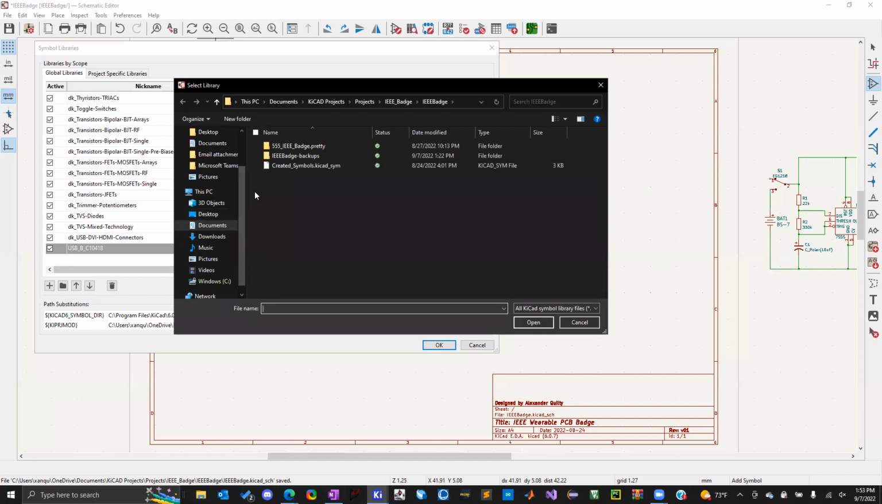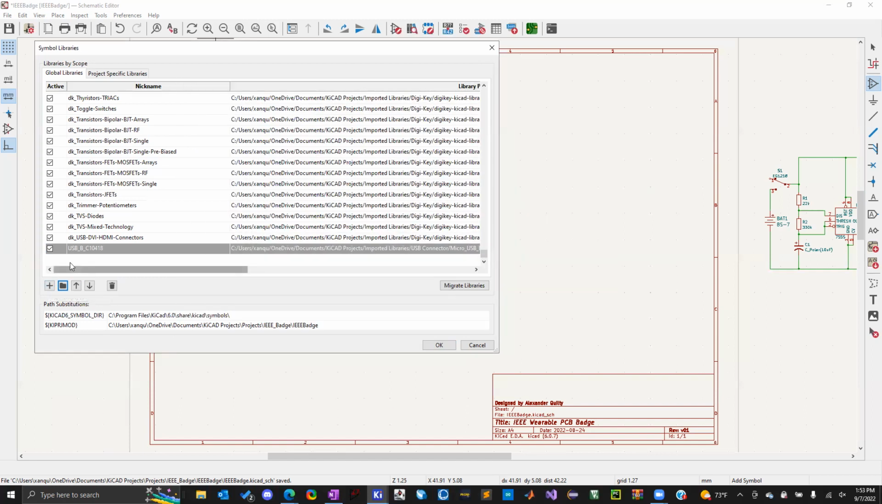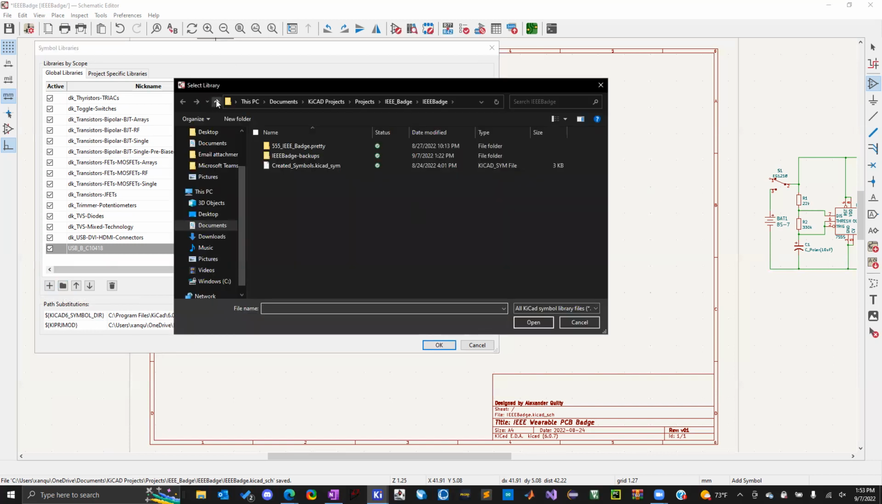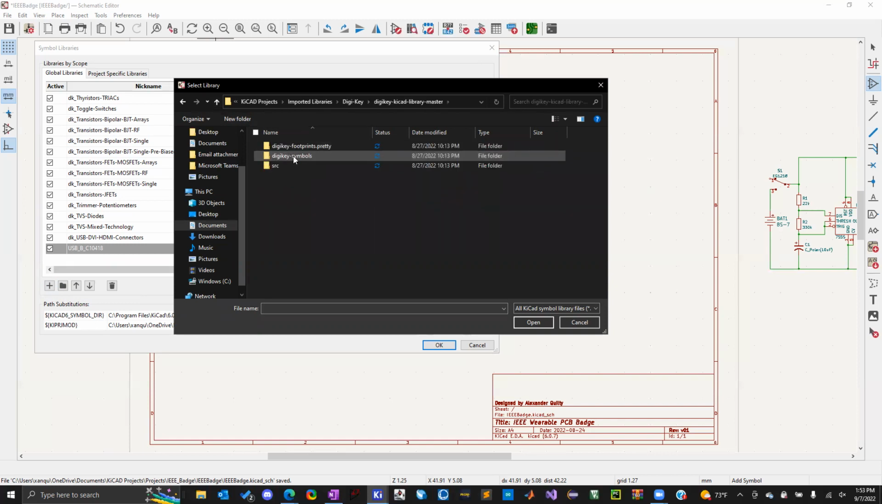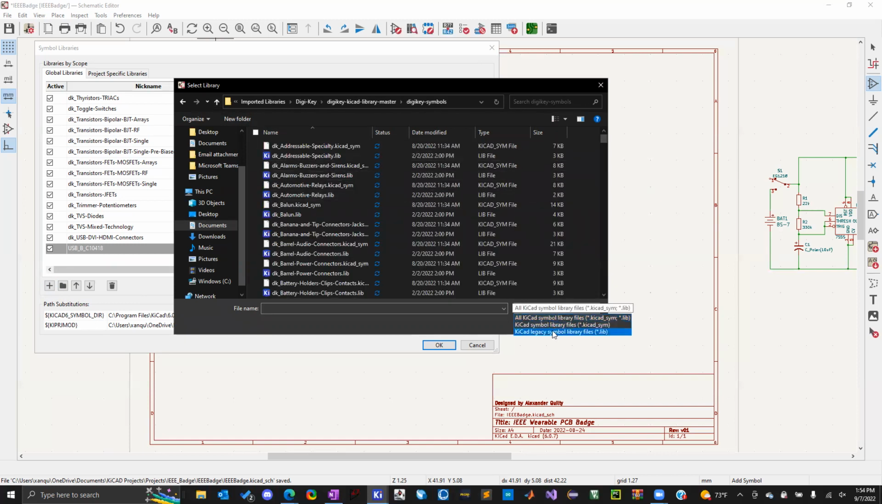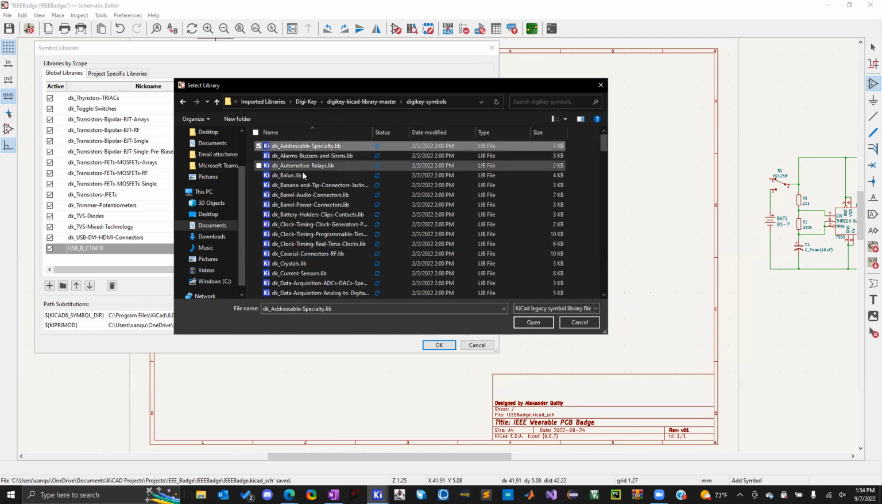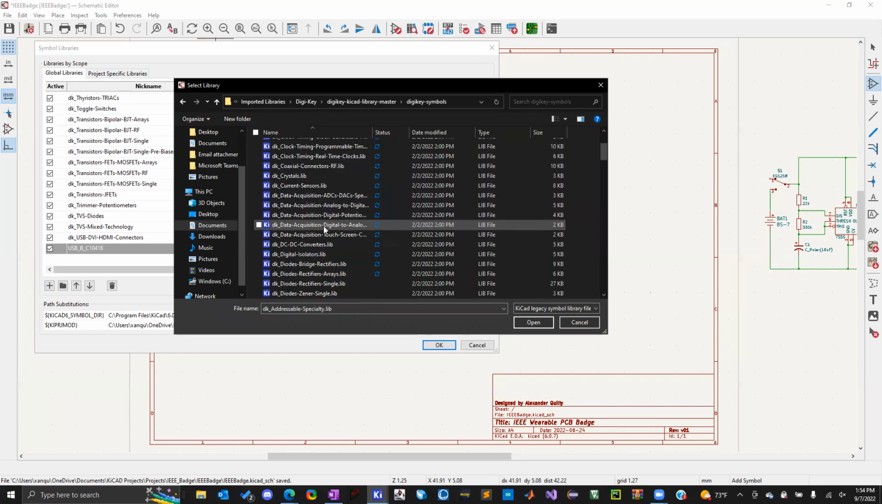To add it? Yeah, I know, but there's an easier way. Instead of adding the plus, that's for adding a single type of library. If you click on add existing library here, add in the folder, I believe this is how you do it. Imported libraries, DigiKey, symbols. Yeah, here you go. So now if you click the top one and then scroll all the way to the